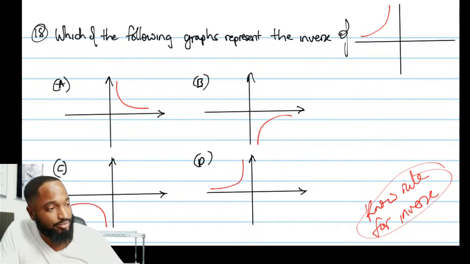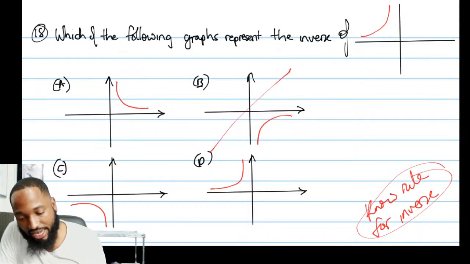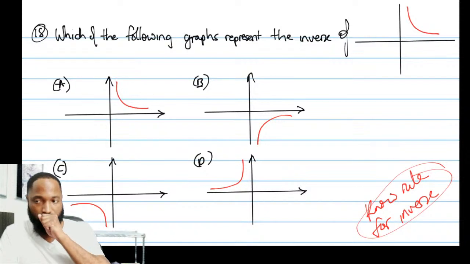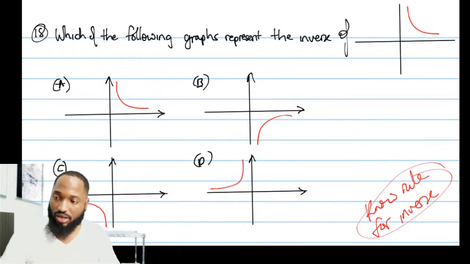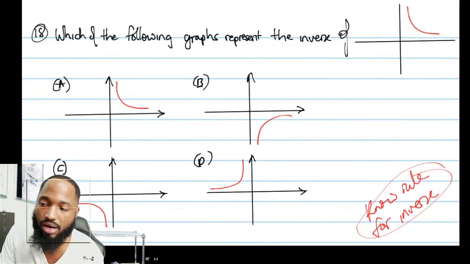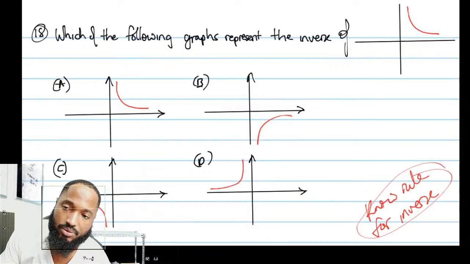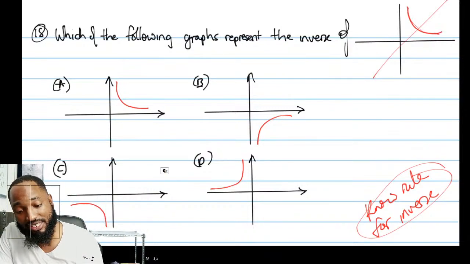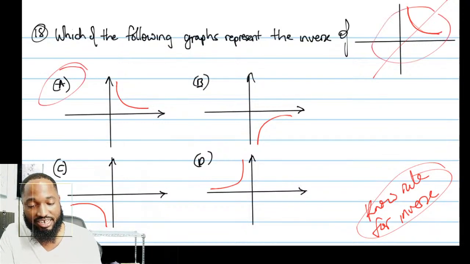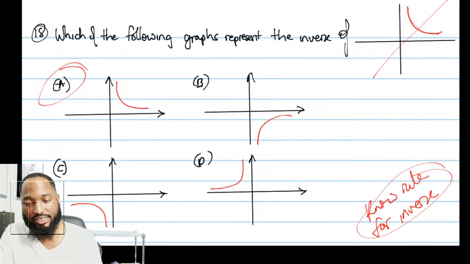Reflecting in the line y equals x, easy thing again, so B is the best answer. There's one scenario that can happen. If instead of this, I drew this graph here, the inverse of that function is the same function. Reflection will be the same thing. So A would have to be the answer in this case. But in the earlier case, B was the answer. Next question.